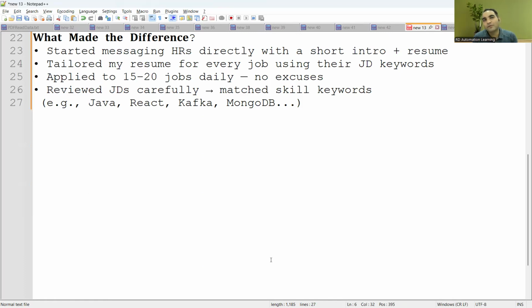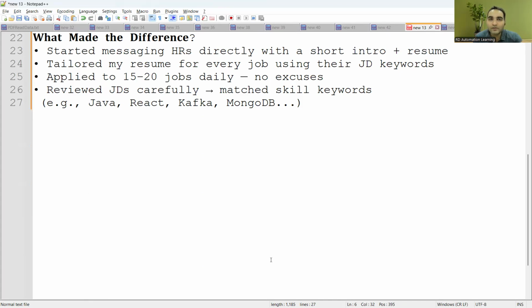And even if you have to message anyone, let it be a human resource person or a hiring management team, you have to approach them with a short introduction of yourself. So maybe a small video plus a resume. That would help you a lot, because these days there are so many people who try to apply with a fake resume, with fake skills. So if you apply with a short introduction and a resume, that would help you a lot, right?